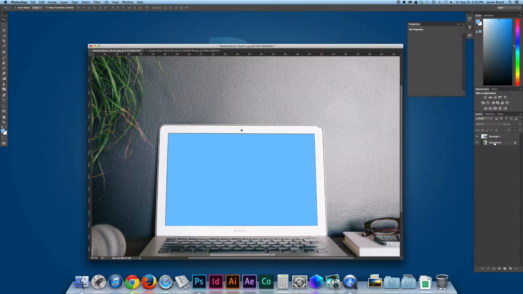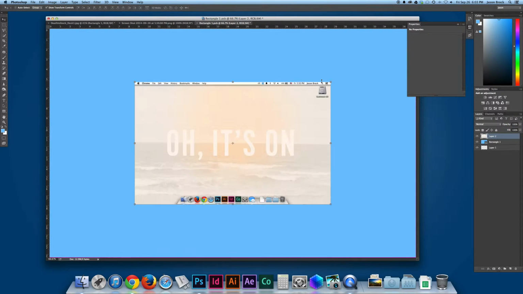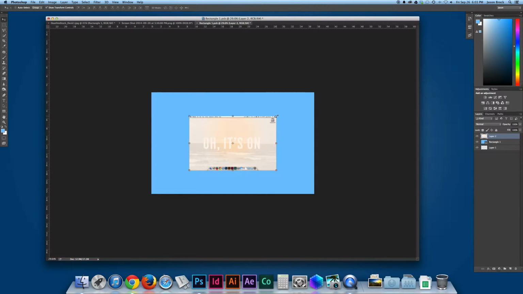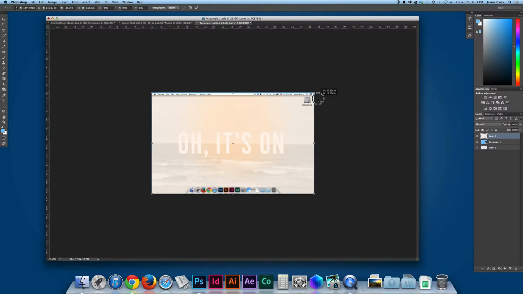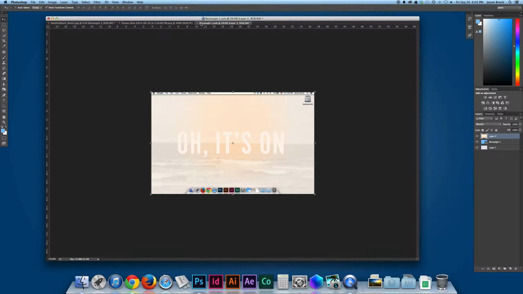And then I'm going to open up my smart object by double clicking on it. I have this nice big screen. I'm going to place my image, and it's right in the center where I want it to be, and I'm just going to bring it all the way out to the edges, and then close it and save it.